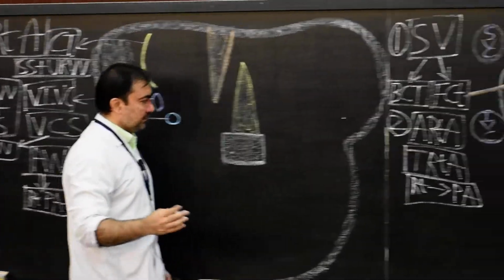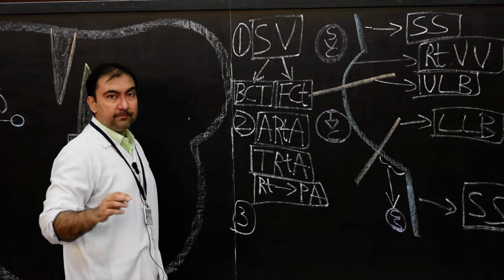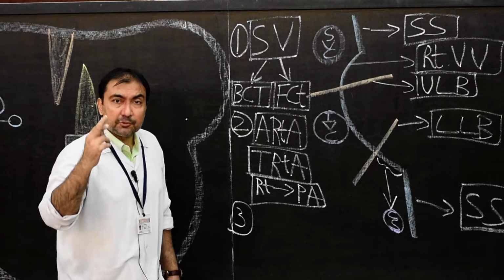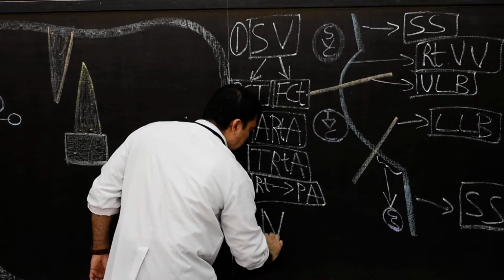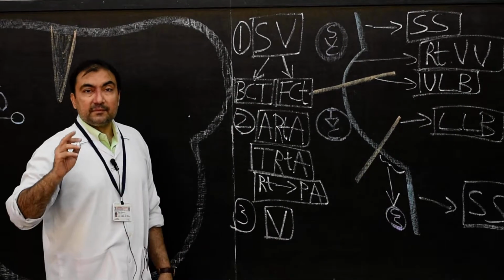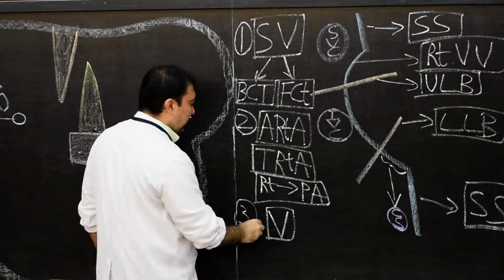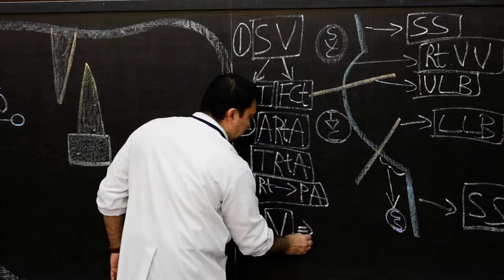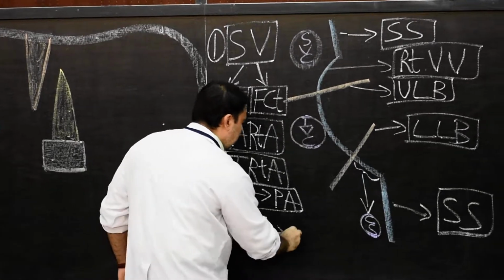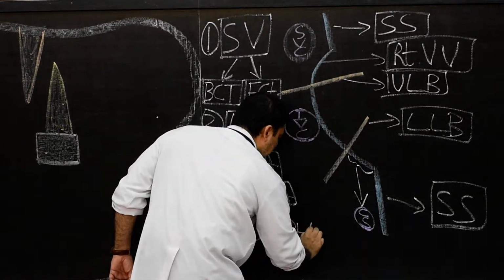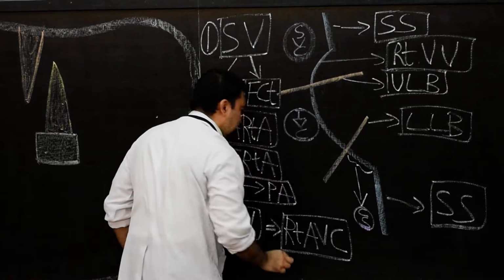Now the third and the final point. The third point about development of right atrium will be the most ventral part. Now this is the ventralmost part of the right atrium. Very simple. It will develop from right half of atrioventricular canal. So right half of atrioventricular canal. This is the right half of atrioventricular canal.